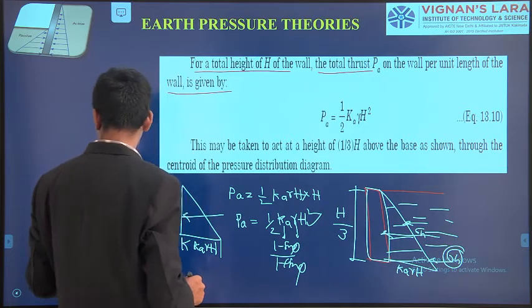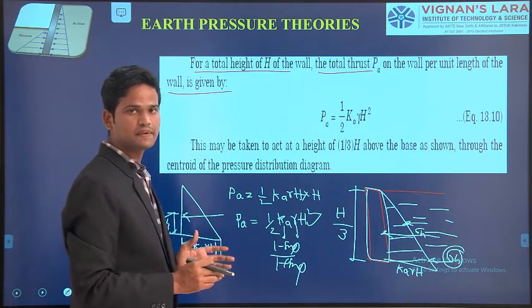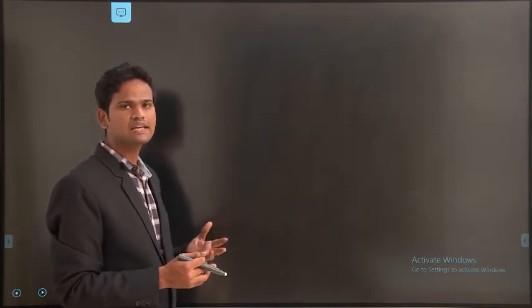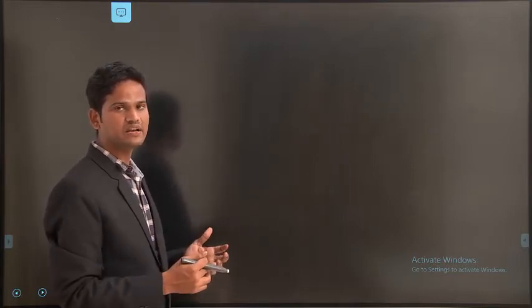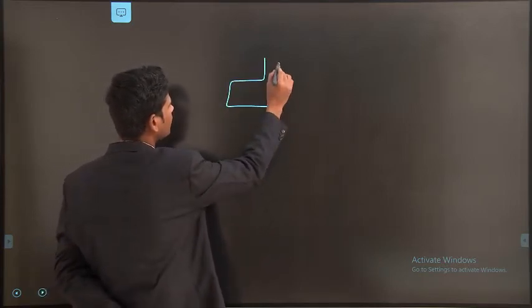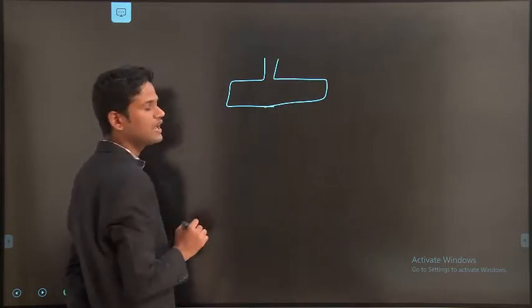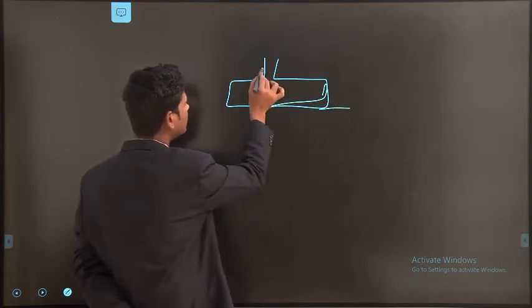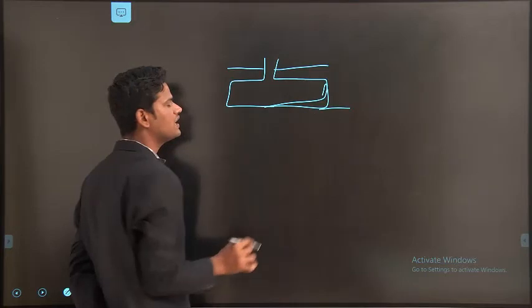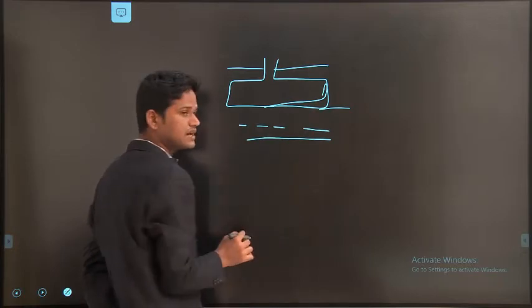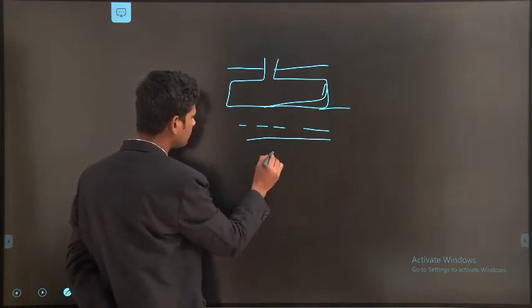types of retaining walls. Well, before calculating this earth pressure, I will explain how we calculate the coefficient of earth pressure from the major and minor principal stresses. Suppose here I am considering one footing. This is the top of the wall and this is the ground surface. From the ground surface we kept some foundation. In this foundation we have the soil mass, and here I am considering one soil element.